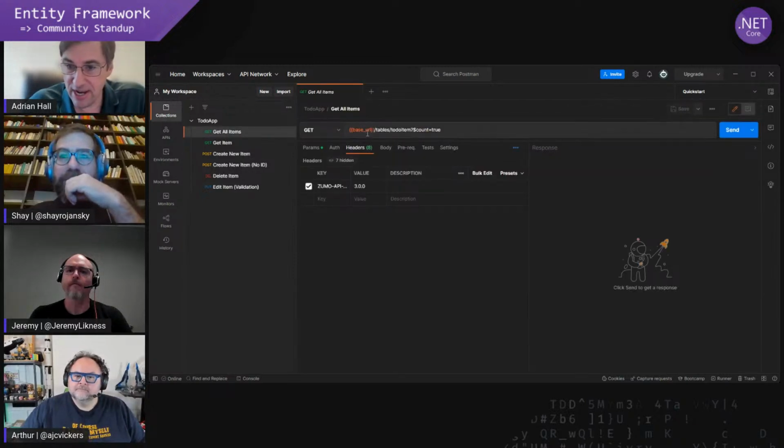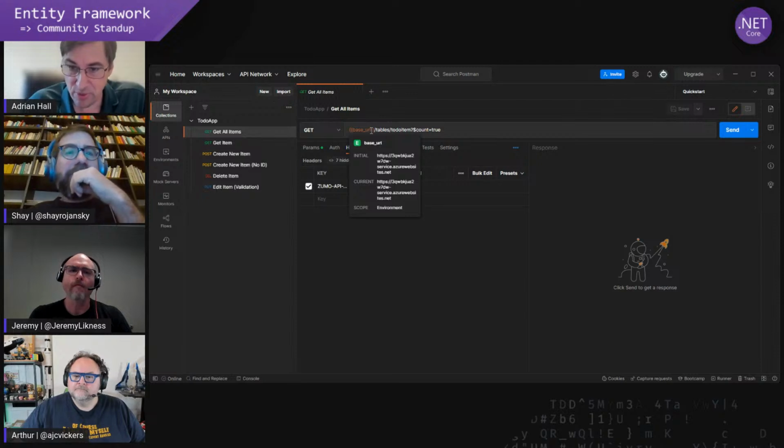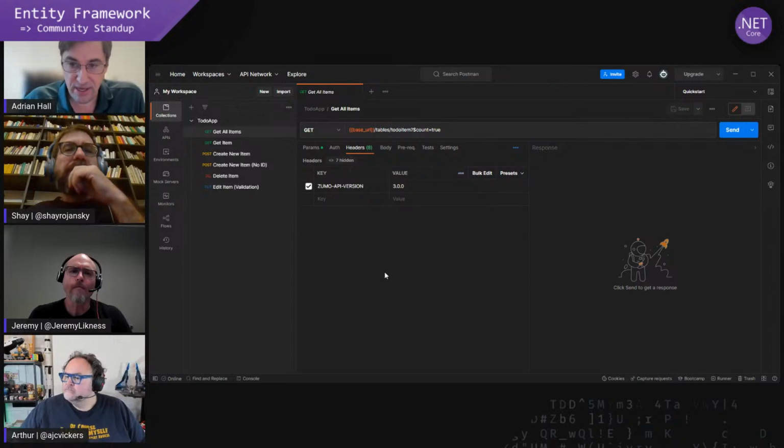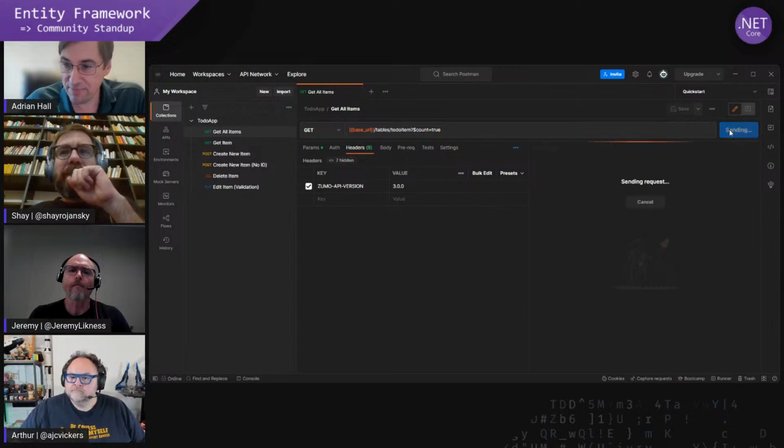You can see here I've got an Azure website running this, and it's just a RESTful interface, so you can use standard HTTP calls when sending the requests. The only addition is the Zumo API version.